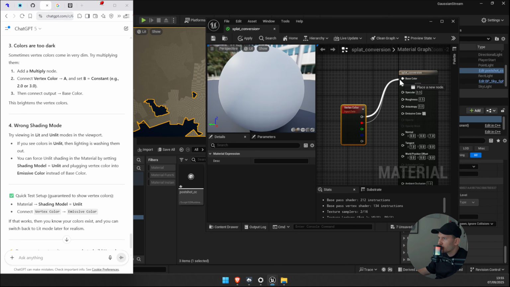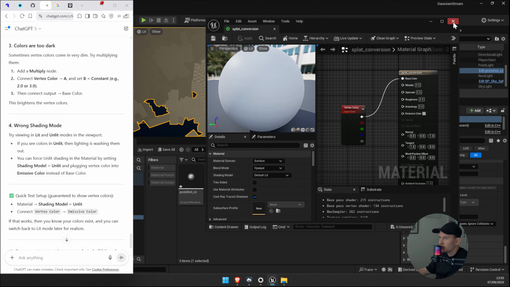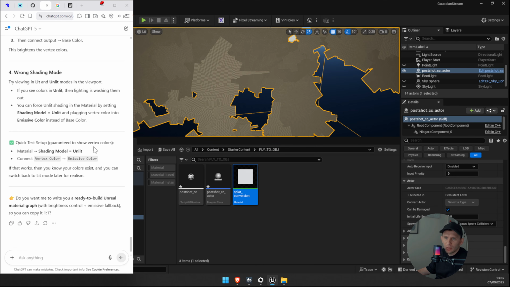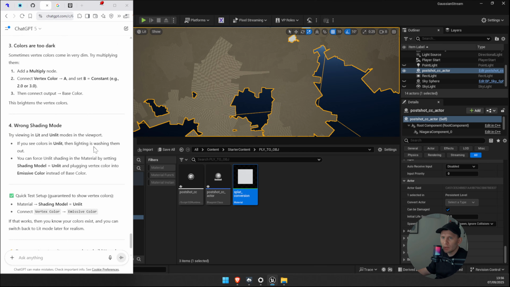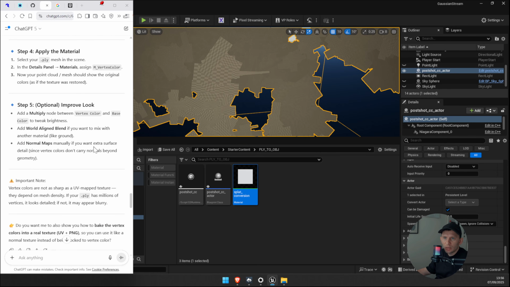No, I can't do multiple ones. What does it say here? Apply the materials and